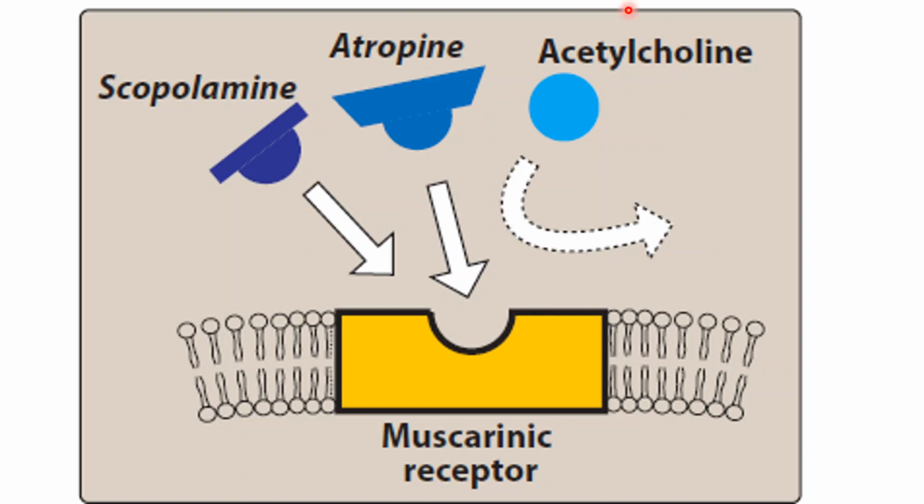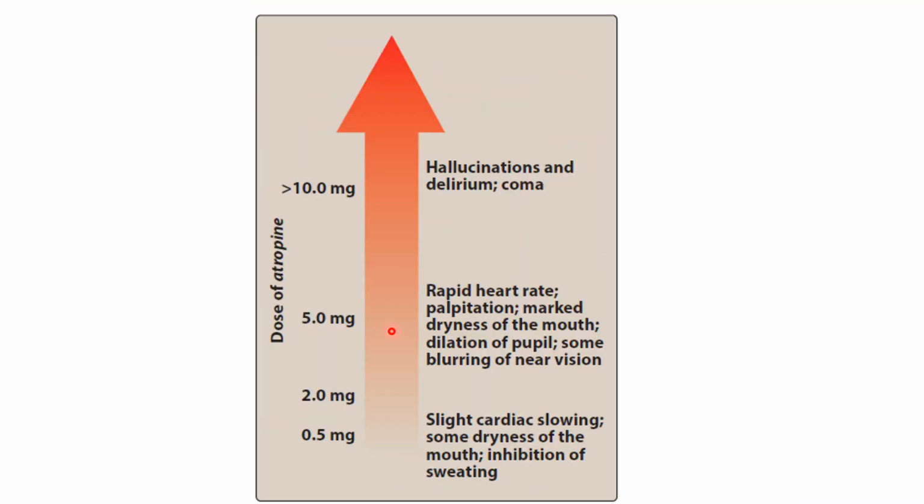However, we can overcome this block by increasing the concentration of the acetylcholine, for example in case of an overdose or poisoning with the atropine or scopolamine, and usually anticholinesterases are used for that purpose. So these drugs will reversibly bind to the muscarinic receptor. And depending on the dose, the